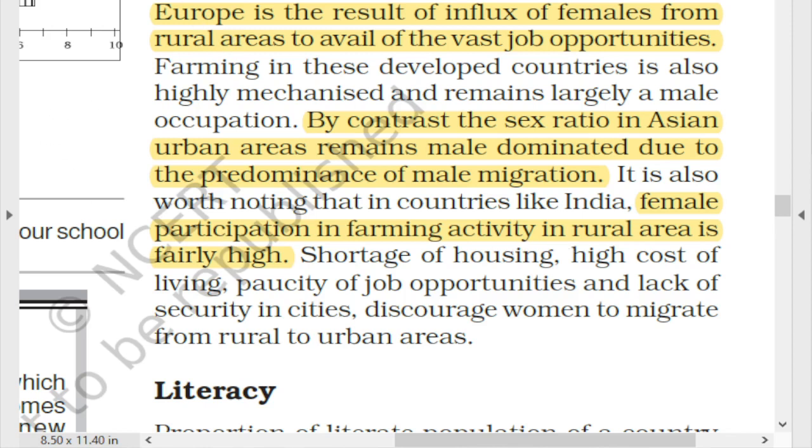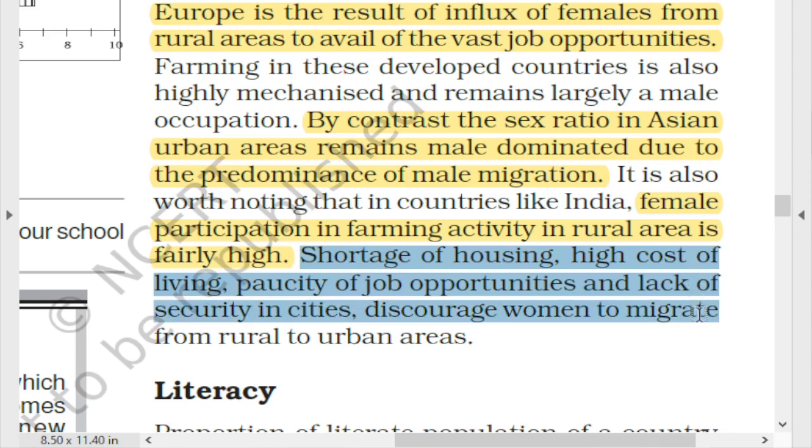And the shortage of housing, high cost of living, paucity of the job opportunities and lack of security in cities discourage women to migrate from rural to urban areas. जो फीमेल्स की एक तो सिक्योरिटी का इश्यू है, और जो लैक ऑफ द सिक्योरिटी, हाई कॉस्ट ऑफ लिविंग, शॉर्टेज ऑफ हाउसेज, वहां पे रहने की कमी की वजह से जो फीमेल्स है वो सिटीज की तरफ कम माइग्रेट होती है।